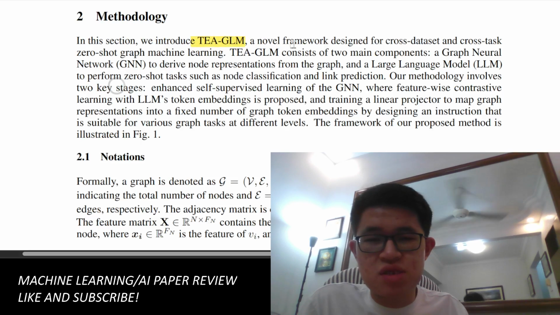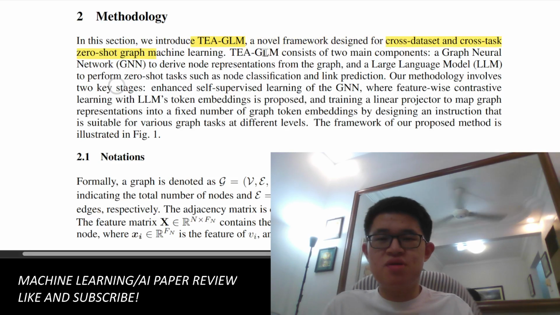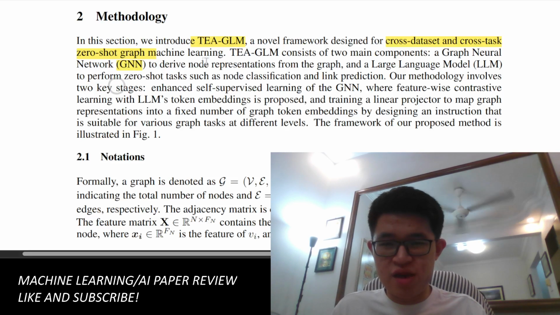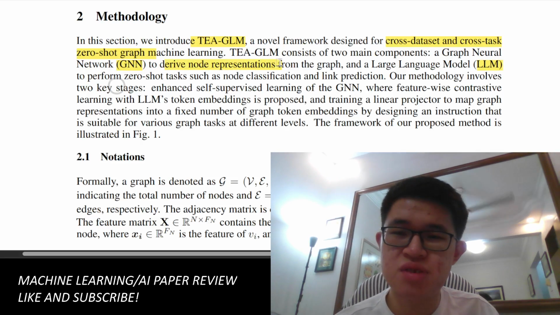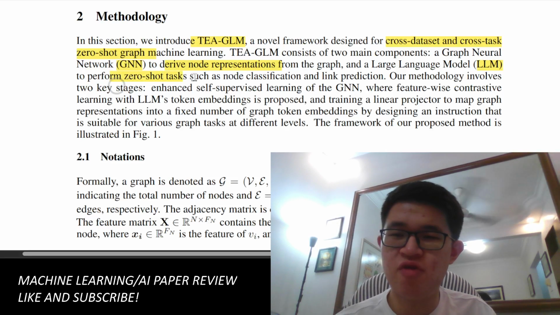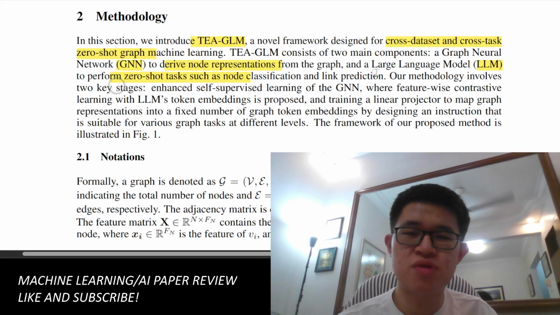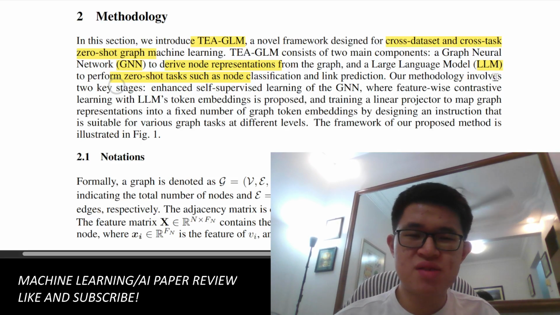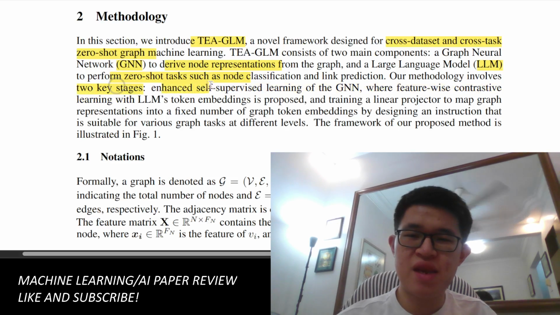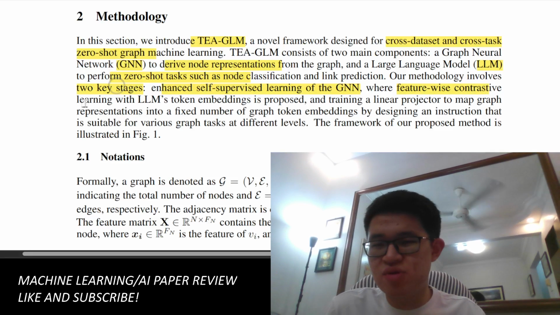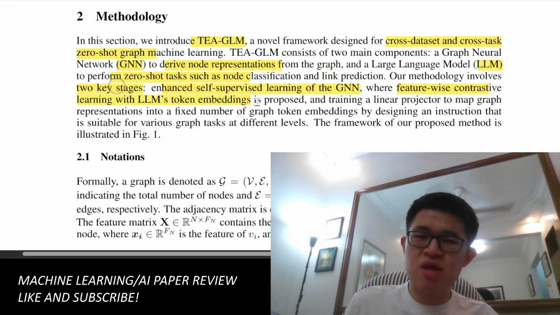Okay, so they introduced TEA-GLM, designed for cross-dataset and cross-task zero-shot graph learning. It has two components, a GNN and an LLM. The GNN is used to get the node representations, and the LLM performs zero-shot tasks such as node and link classification or prediction. Our method involves two key stages. So there are two steps. First, enhanced self-supervised learning of the GNN, where feature-wise contrastive learning with the LLM's token embeddings is